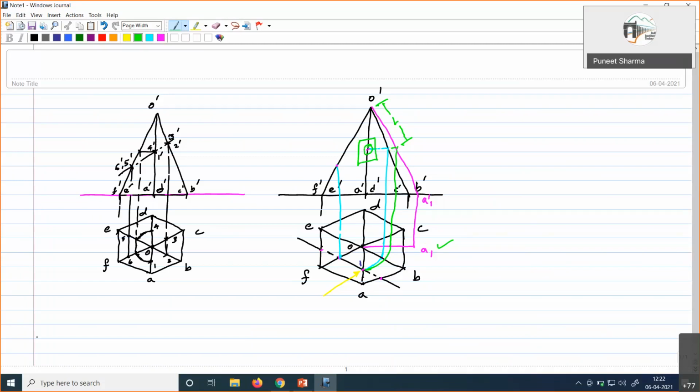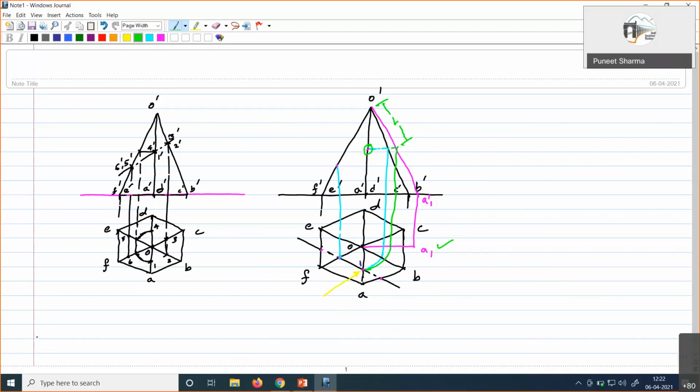Okay. Yes, sir. Thank you. So in this figure, in the second one, O1 side view will give the true length now. It will give true length in the front view. So O dash A1 dash is the true length of the slant edge. No, sir, I'm talking about the original case. So in the top view, the O1 line, if we take its side view, it will give the true length.